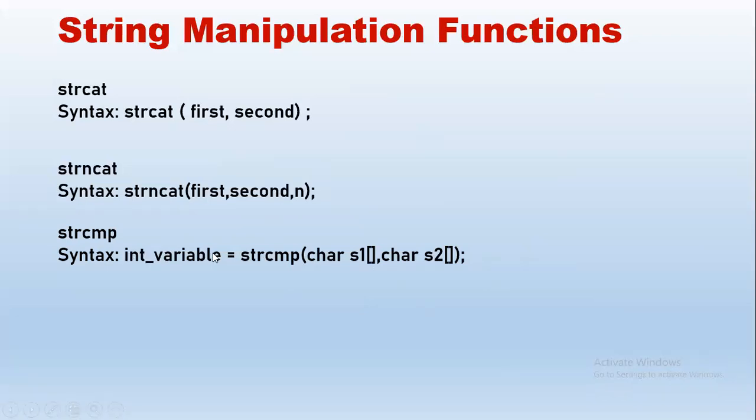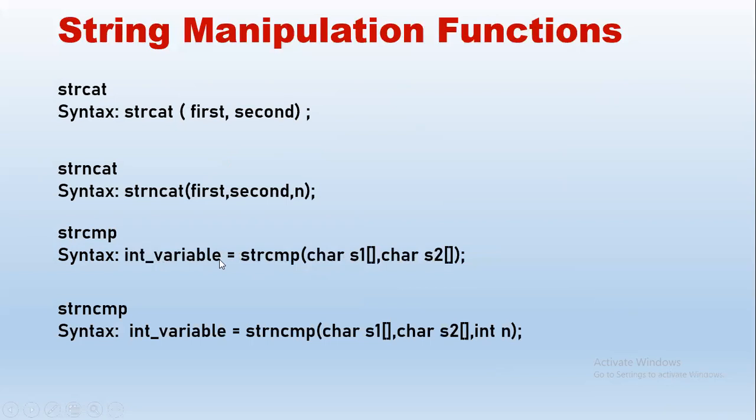So here we have an integer variable, any variable, for example, say c is equal to strcmp of s1 comma s2. So it compares the strings. If they are equal, the value of c will be 0. So it returns a 0 value. Otherwise, depending on the values of s1 and s2, we have a positive or negative value for c, which is the integer variable. Next is the variation for string compare with n characters.